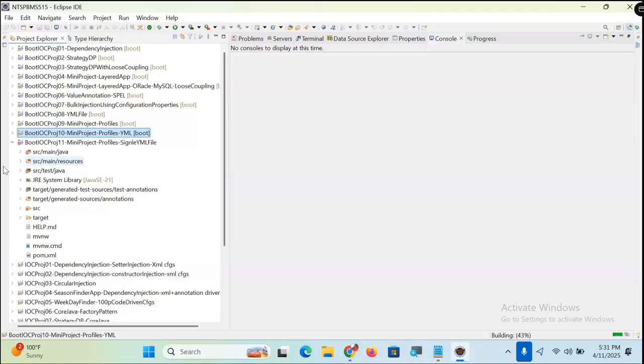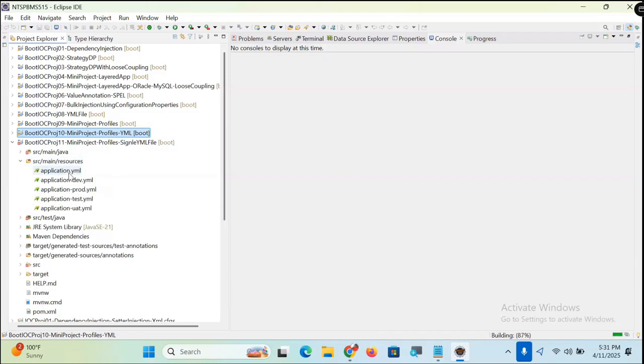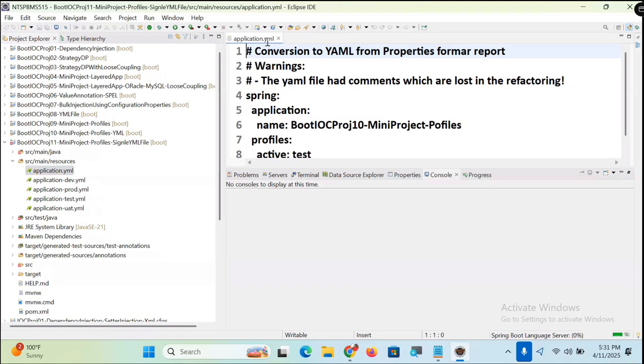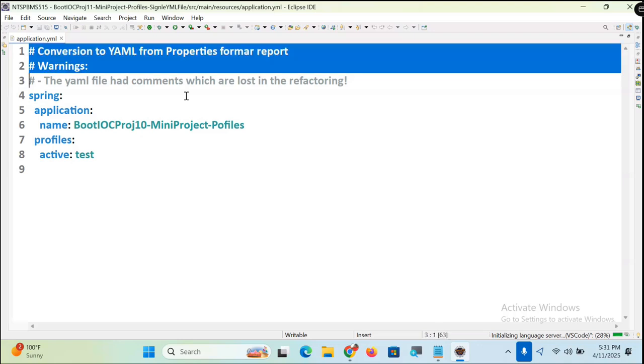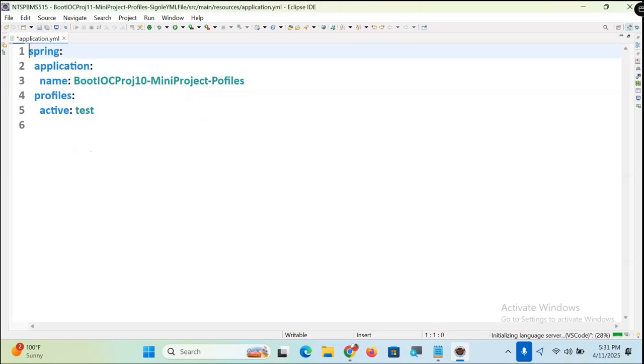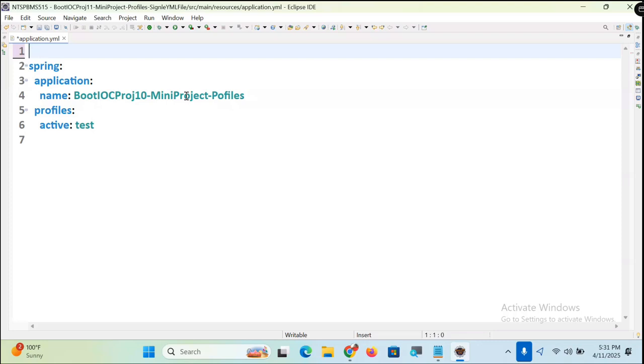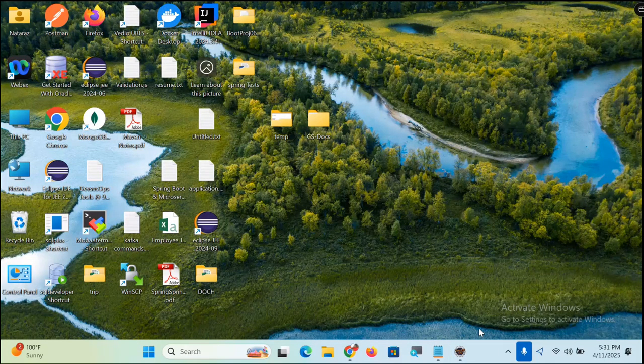Here is my resources folder. Single application.yml. There only we create the profiles, and there only we activate the profile. So what is the one I am doing here? Activate profile. That's great. Once we activate the profile here,